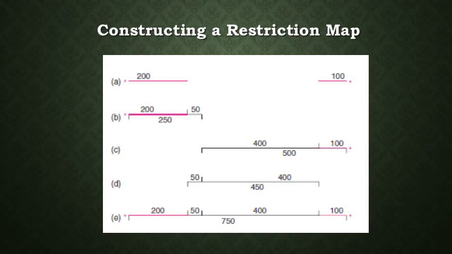In the partial digest, we find a 250 base pair segment but not a 150 base pair segment, which tells us that the 50 base pair segment lies just inside and next to the 200 base pair terminus. There is a 500 base pair segment but not a 600 base pair segment, which tells us that the 400 base pair segment lies adjacent to the 100 base pair terminus. An unlabeled 450 base pair segment confirms that the 400 and 50 base pair segments are adjacent and internal in the DNA.